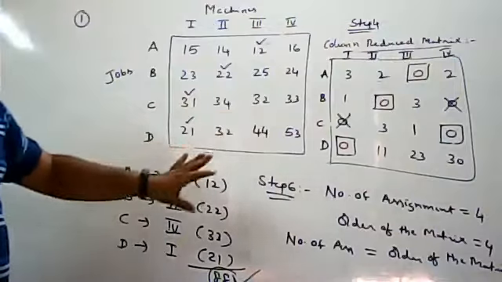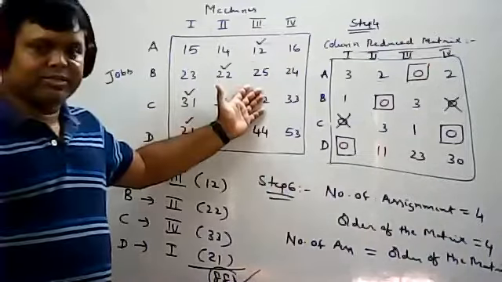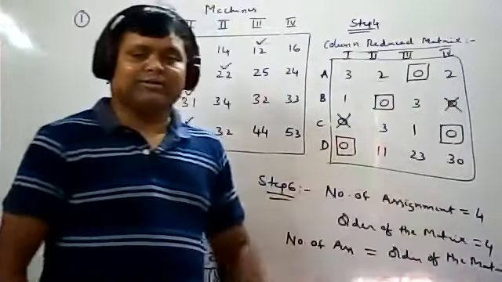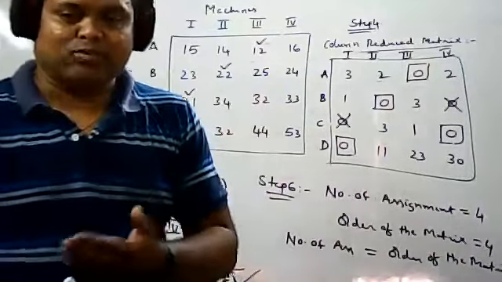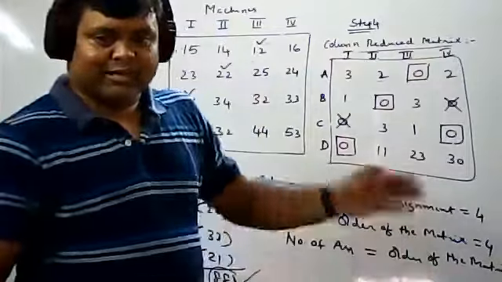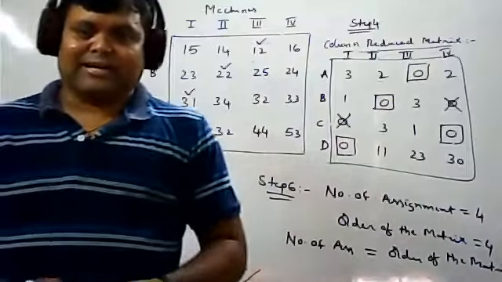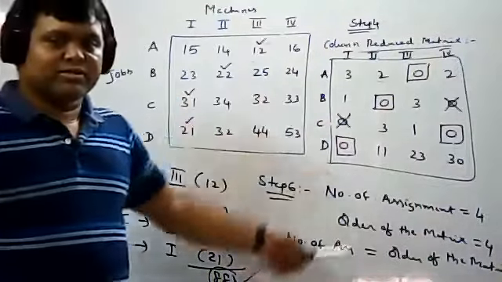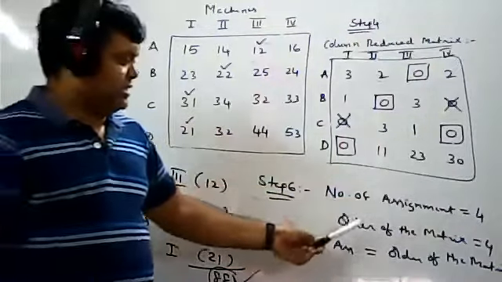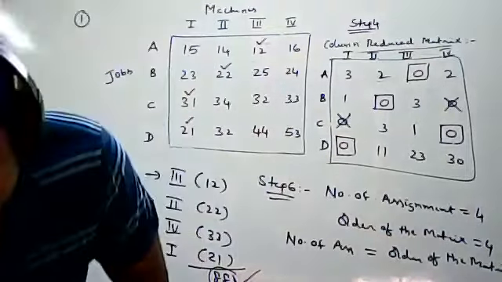So this is the solution to find the optimum assignment using the Hungarian method for this particular problem. In this problem, at step number 6, the solution is completed because you are getting the number of assignments equal to the order of the matrix. Sometimes the number of assignments won't be equal to the order of the matrix. Then you have to go to the next step and repeat the procedure until you get the number of assignments equal to the order of the matrix. Next class I will discuss that model. This is the direct model, so in the direct model, at step number 6, the solution will be finished. Tomorrow I will show one more model, in which the number of assignments is not equal to the order of the matrix, and then how to solve that particular one. Okay. Thank you.